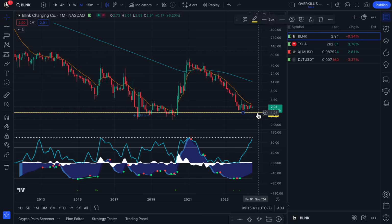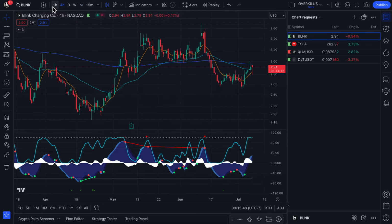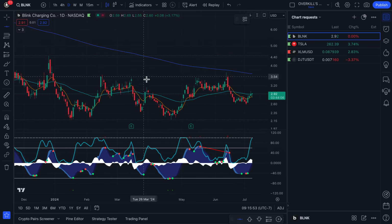We're just chopping in this range. You guys see this? Up and down, up and down. So I've been here probably on the 4 hour and the hourly trying to snipe those trades. And my stop loss on this has to be